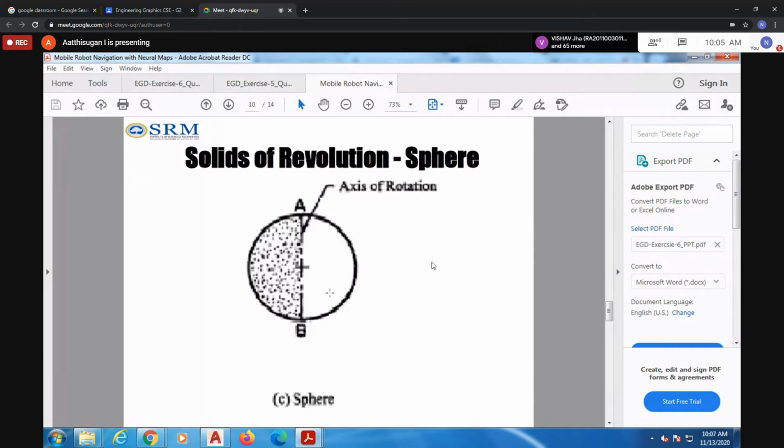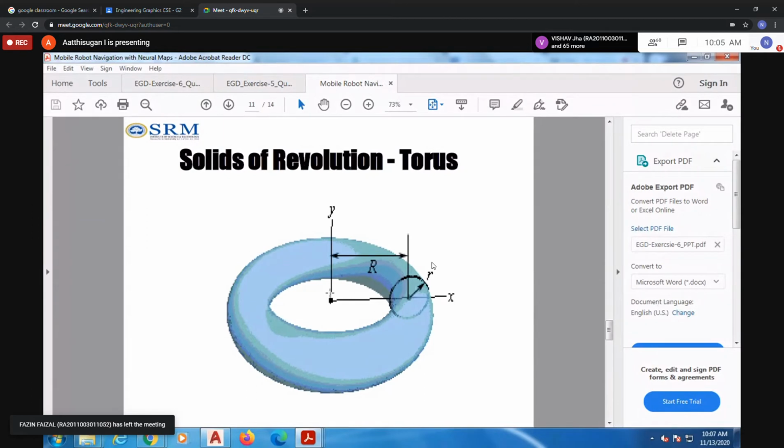Then the torus: one small circle at some distance from the axis, the radius or distance. Then I rotate this circle through the full 360 degrees, giving the shape of a torus.